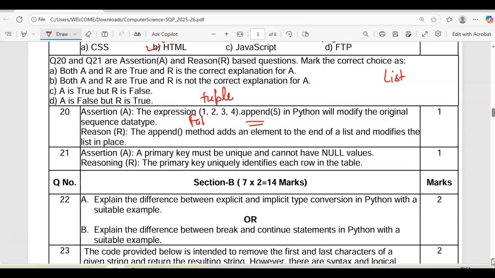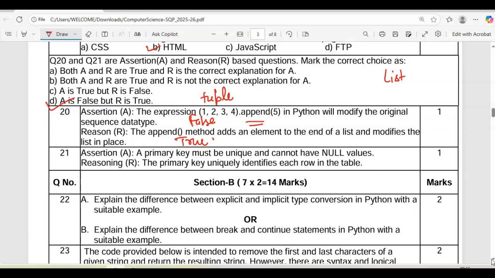The append method adds an element to the end of the list and modifies the list in place. That is true. So A is false and R is true. Option D is the correct one. You should be clear with all these functions, as sometimes it is a little confusing for kids. So make sure you are clear with this.